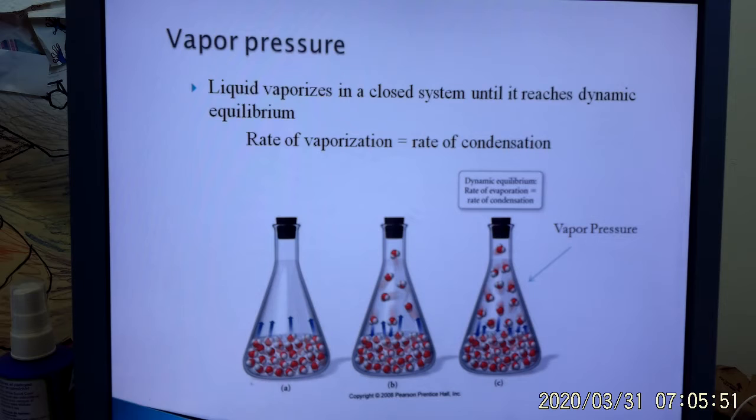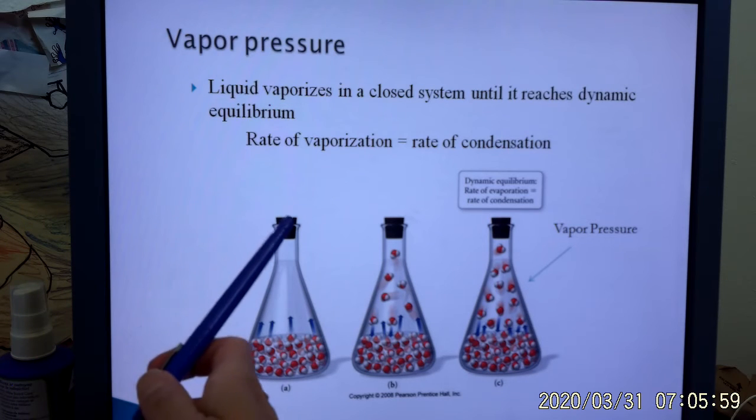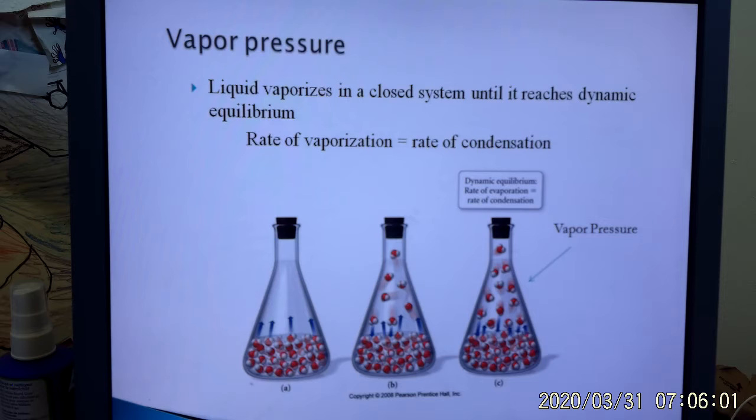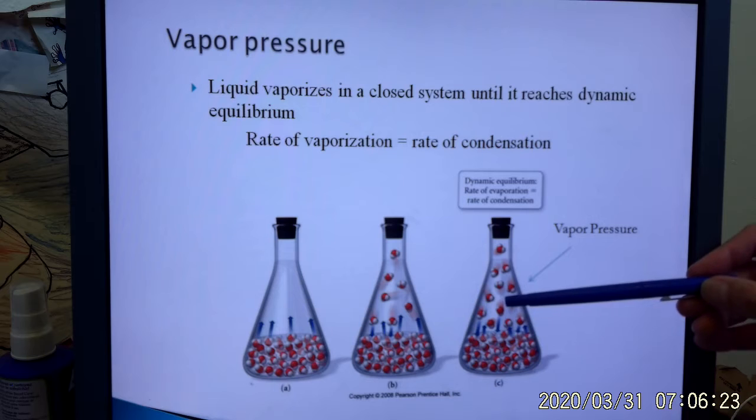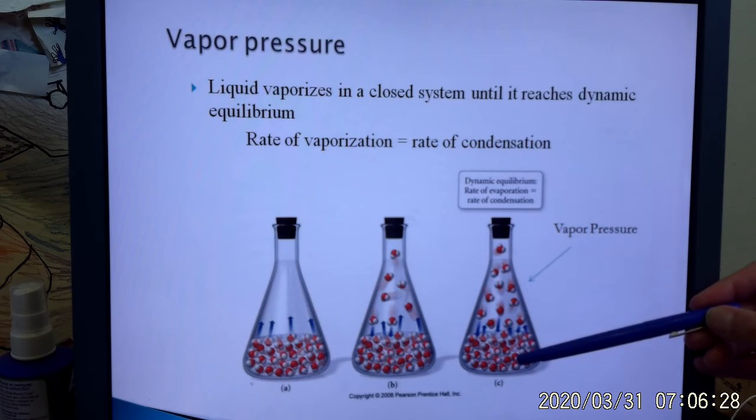Okay, let's talk about vapor pressure. Now that we know what vaporization is, going from the liquid to the gas state, when we talk about vapor pressure, you have a sealed, closed system, not isolated. It's closed, so I can't exchange matter with my surroundings. And what we find is that when we first seal it, and this is a vacuum, you give it some time, and suddenly we get to the point where it's in equilibrium. The rate of water molecules going into the gas state is the same as the rate of the molecules going back into the liquid state.